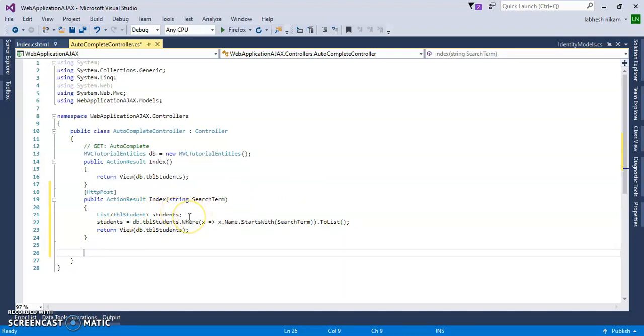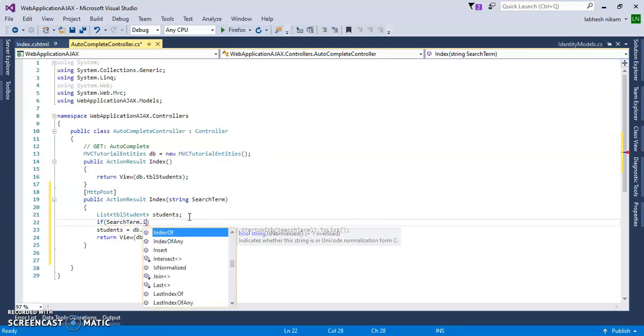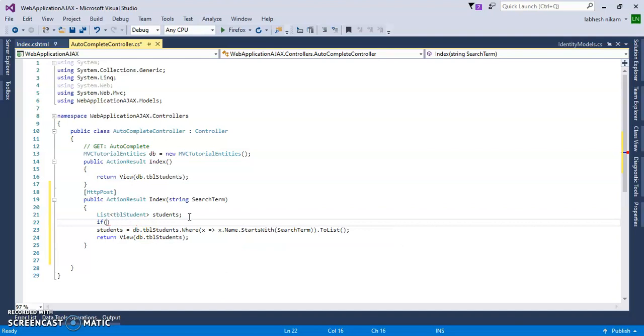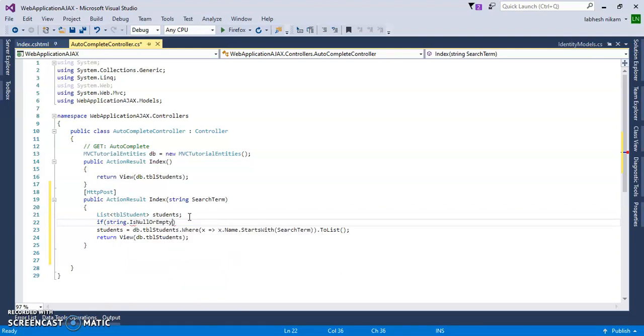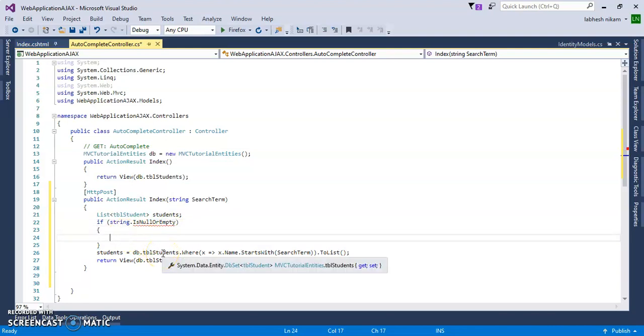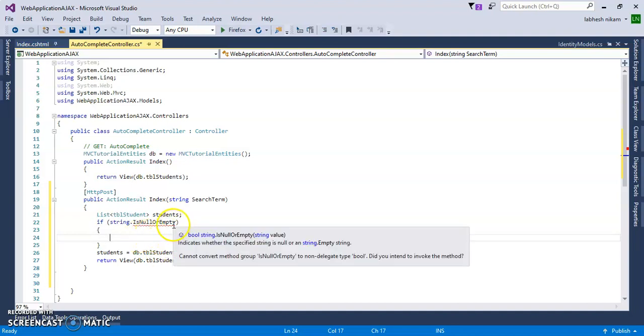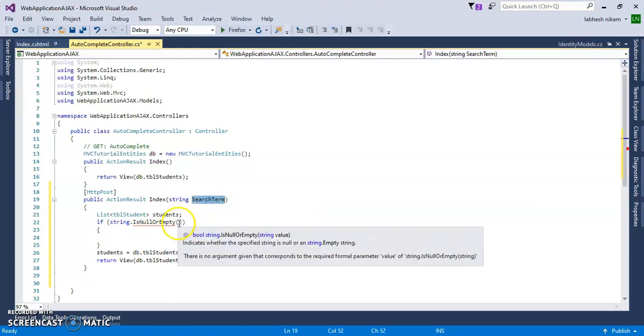But for that there is some condition we will add. If search term is null or empty, if string.IsNullOrEmpty of this search term string, then create a list of the student. So add this one here.